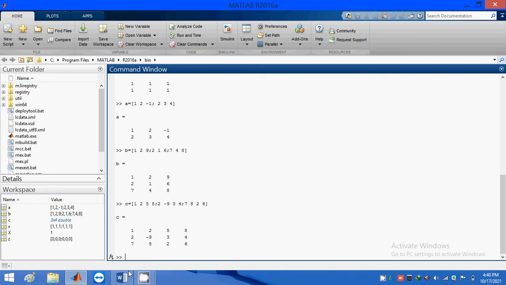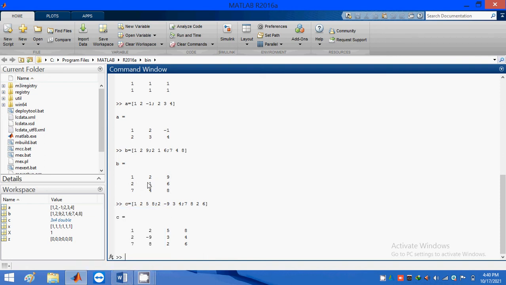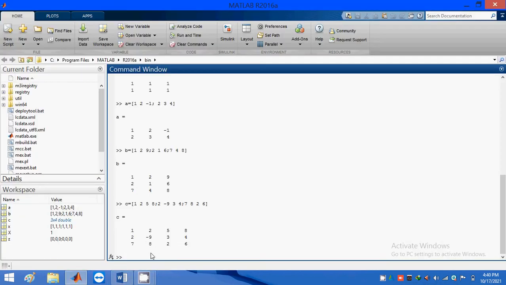I will show you. B already has some values, so we just need to create a 3 into 3 matrix A. A and B are both 3 into 3 matrices. First, if you want to add both 3 into 3 matrices, just type like this.